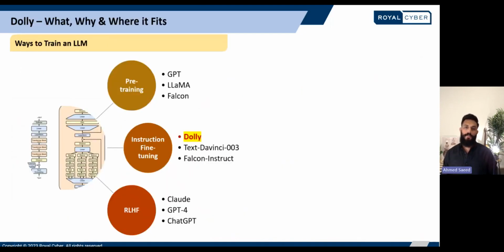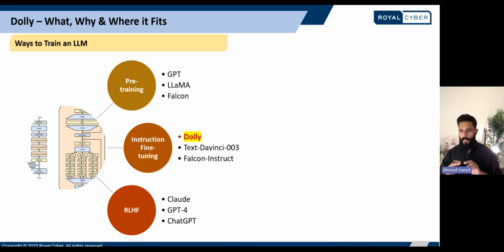All right, now let's switch our attention to Dolly. To understand Dolly, we need to take a step back and understand three different ways to train a large language model. The first one is pre-training. That's the foundational layer that teaches a large language model basic language comprehension, such as summarization and generation of text, using extensive data sets. Then comes the instruction fine-tuning stage.